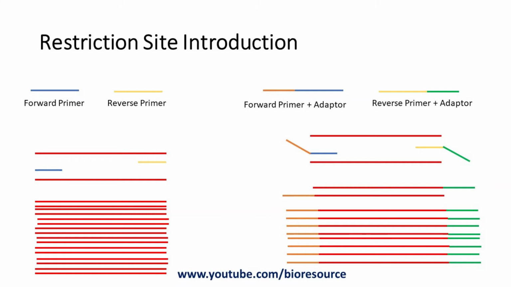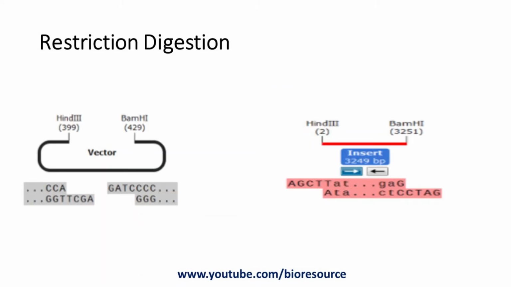Once the PCR is done, the majority of the product will contain the restriction site, and this can be purified. Once the PCR product is ready, it can be purified and used for the restriction digestion reaction. Prior to restriction digestion, it is ideal to purify the PCR product through gel extraction or by using a PCR product purification kit. Let's see the restriction digestion.